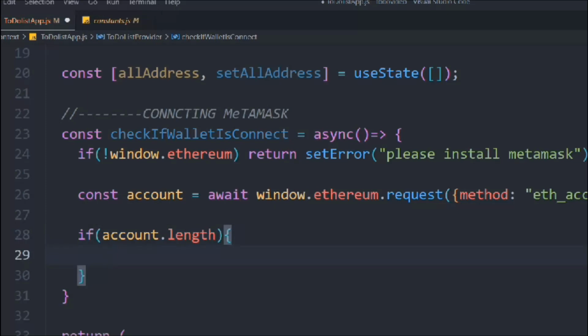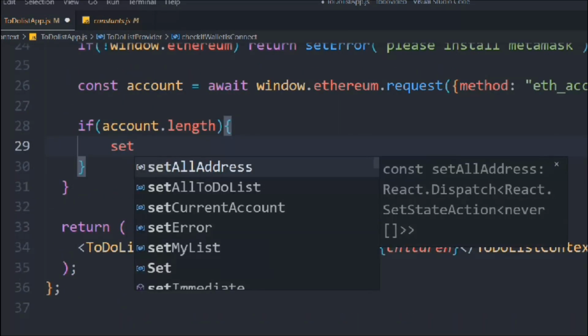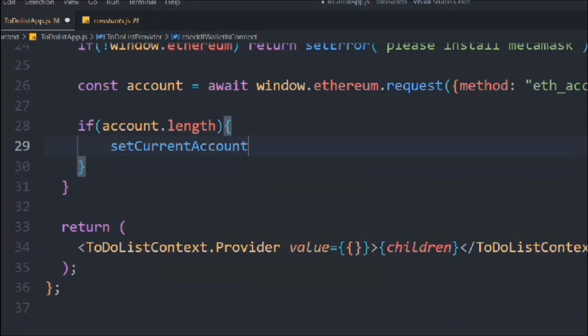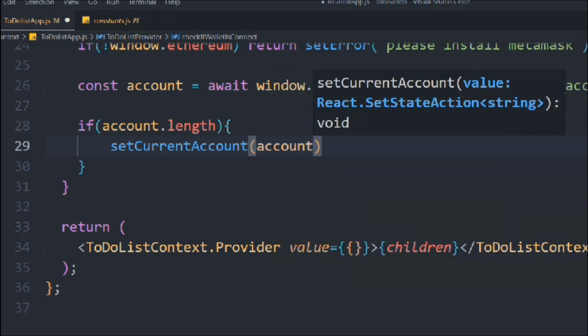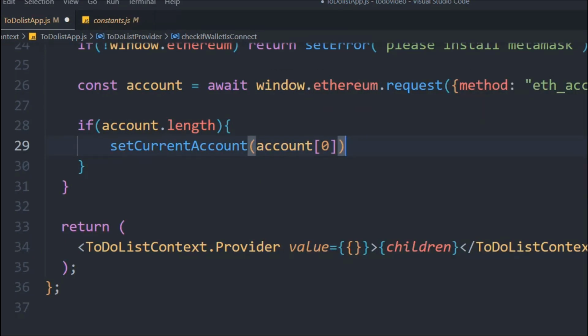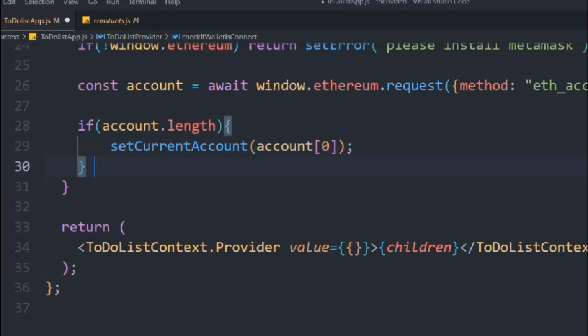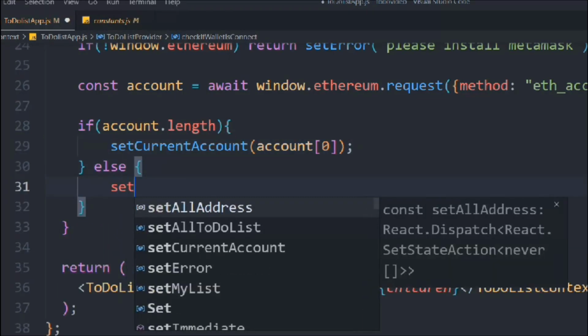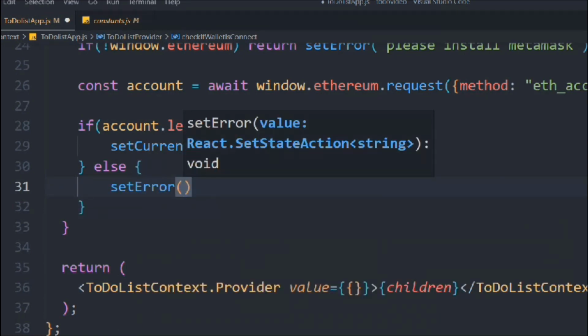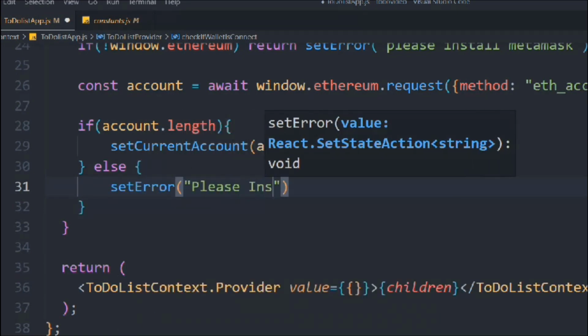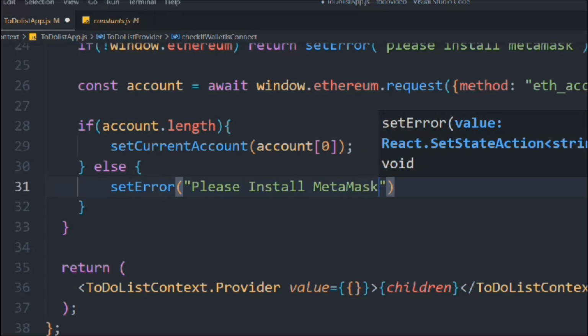So we'll use setAccount, and we'll set the first account. We'll take the very first account because this will return an array of accounts, so we want to get the first account, and that's why we have put 0. Else we have to throw the error message, and we have to say please install MetaMask and connect